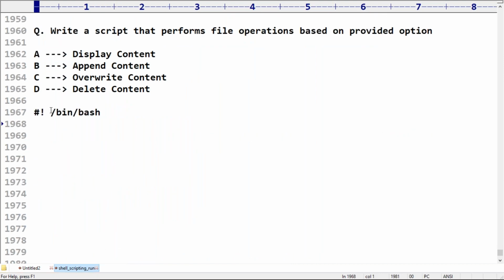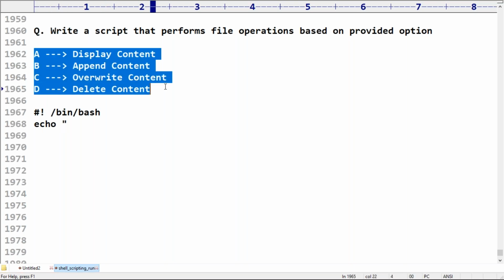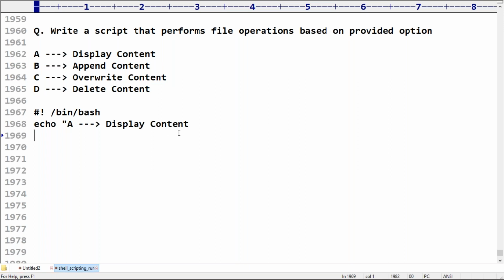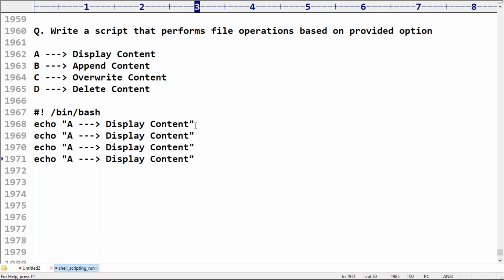Here I'm taking echo, sir. Let me print this content. First echo. Now I'm trying to print this content. Observe very carefully. Now let me take this content here.